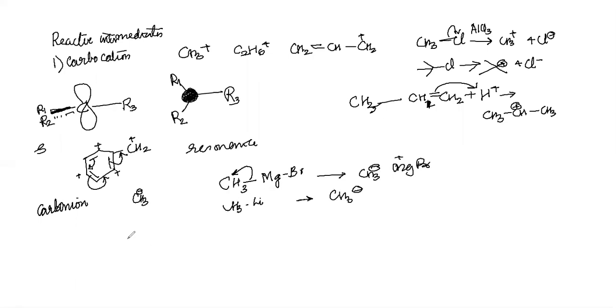Another example of generation of carbanion: you take acetylene, and react with a strong base like NH2 minus, sodamide. This lone pair of electrons can catch this